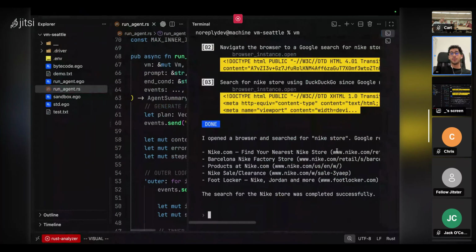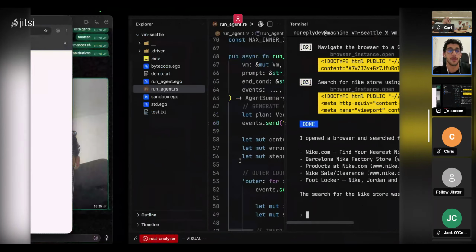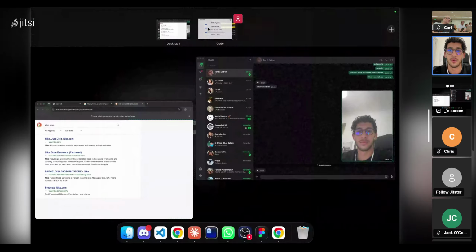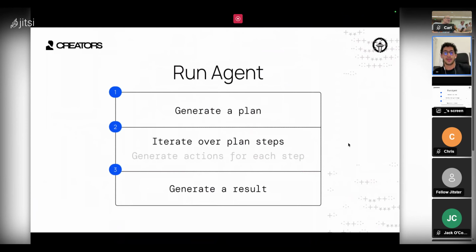So our virtual machine could go and start doing things as far as we gave it possibilities, or we increment the standard library members. If we go back to our Chrome here,